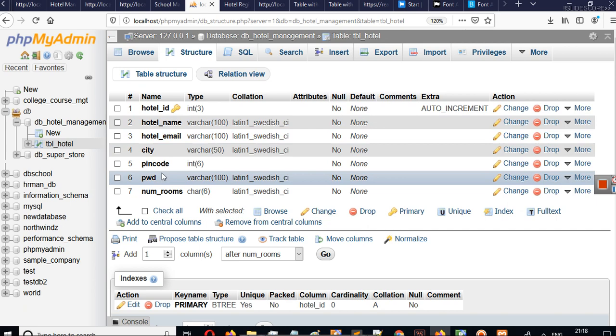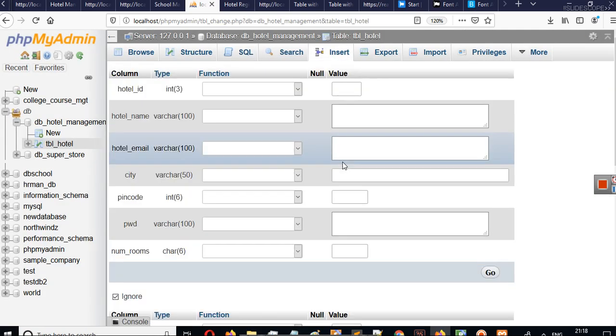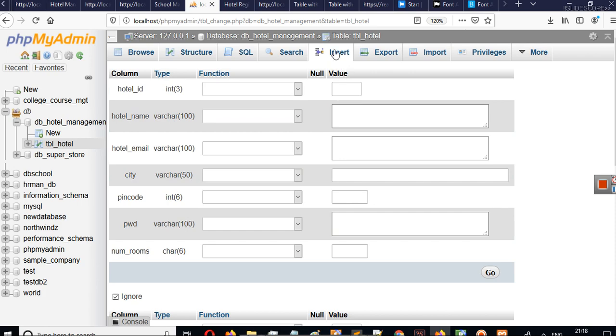Now let's enter some dummy values in it. There are two ways of inserting data inside this table. One is we can use the SQL command here. So go to SQL and you can type insert into, and I will show you that. But before that, I just want to show you about this tab here, which is there in PHPMyAdmin, because all these options are there in PHPMyAdmin and they will help us a lot in quick creation and administration of these databases. So I am here in insert.